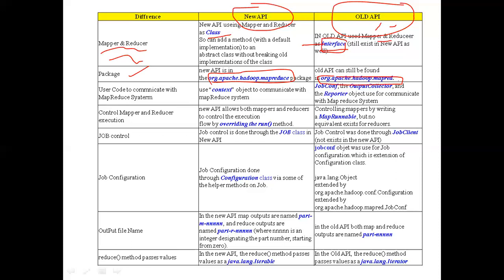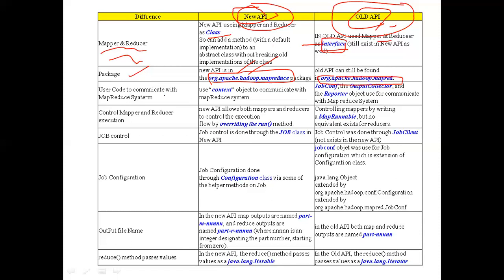Here it is .mapred, here it is .mapreduce. The package name is also different for the old API and the new API. Whenever in your program we are using the new package, it indicates that we are going to use the new API. Whenever we are importing the old package, it means we are going to use the old API. That is the second point, about the package.